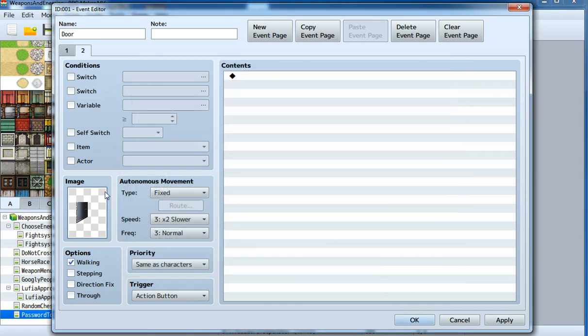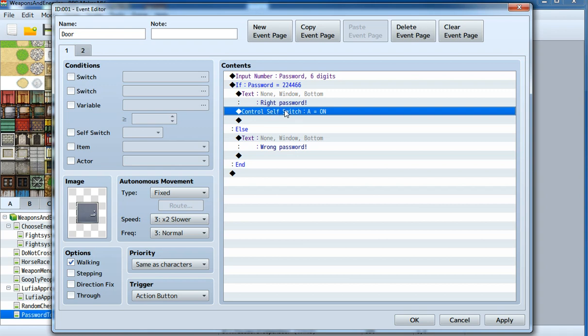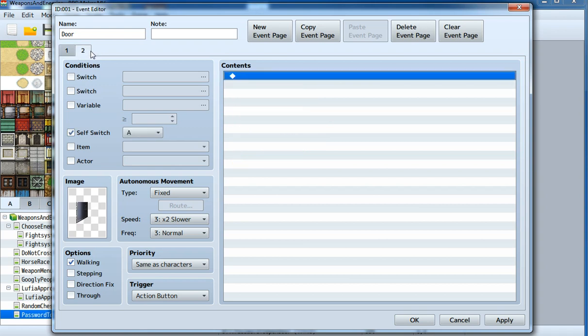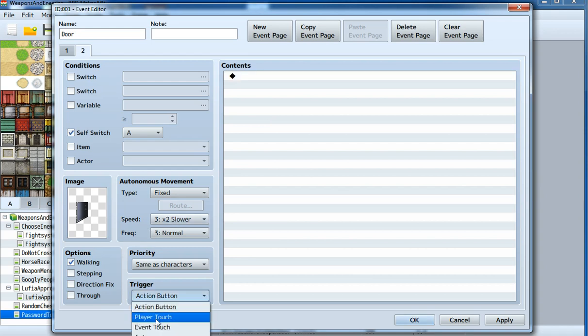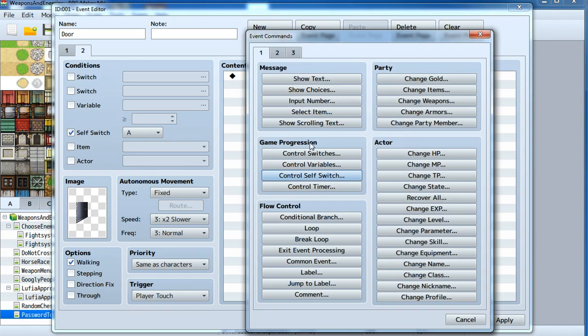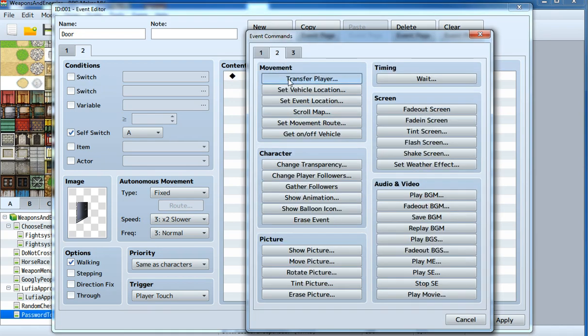and use the safe switch. So here it gets set to true or on, and here we check if A is on, then this page should be used. So here we set it to player touch, and here we can set our event,